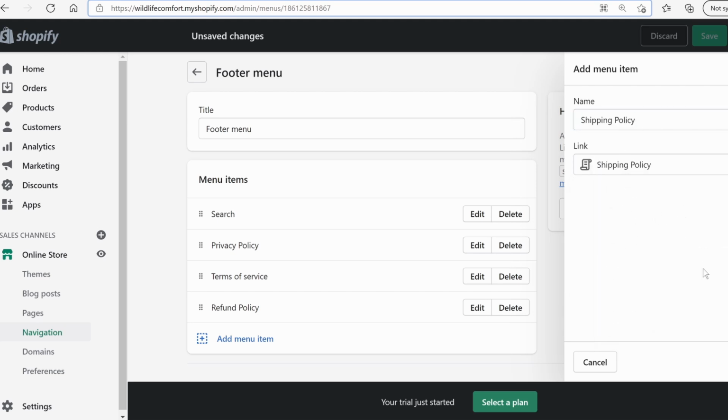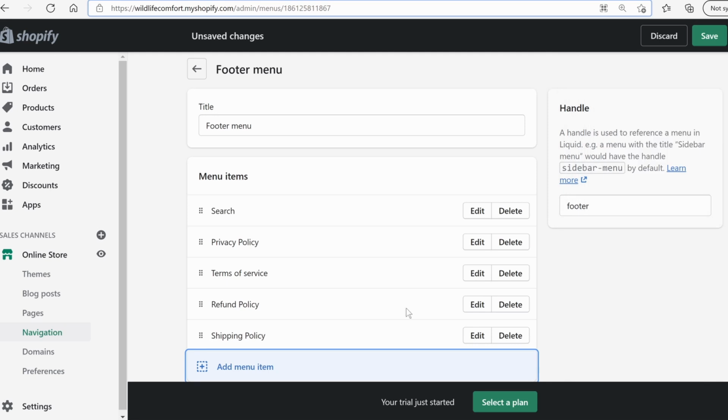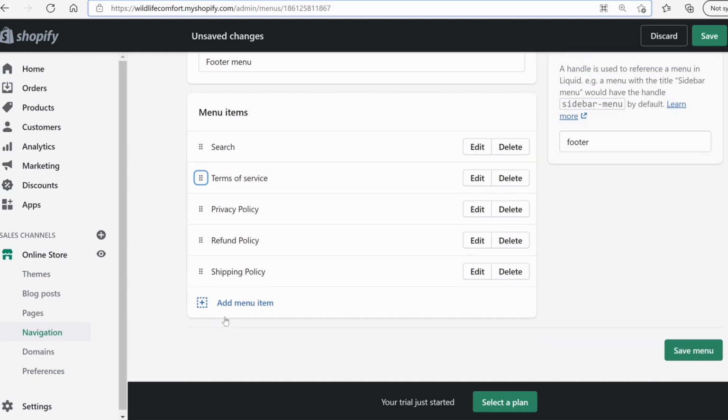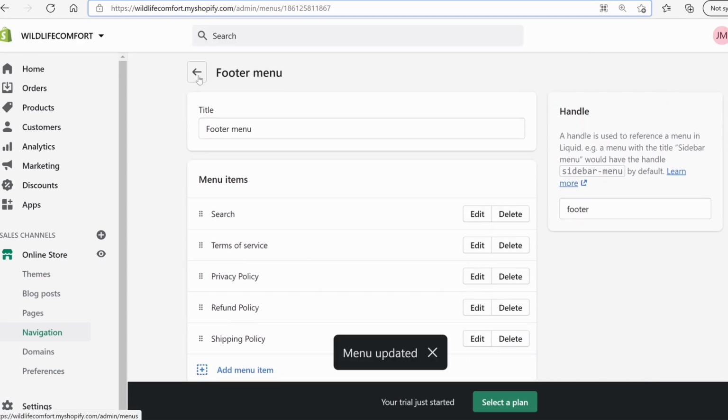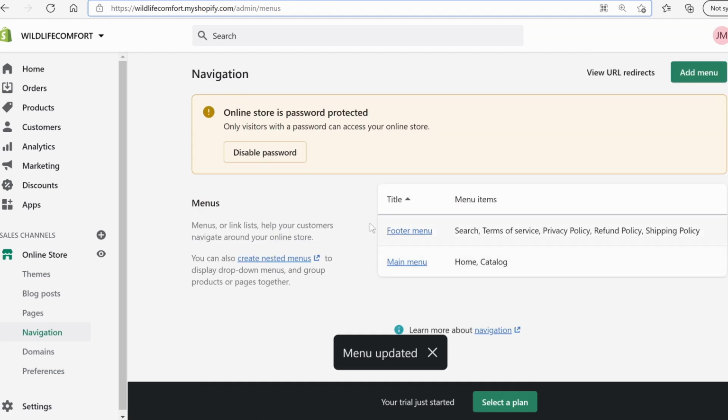So shipping policy, and just click add. So here we have the terms of service, the privacy policy, the refund policy, and the shipping policy. So that's it. Just click save. We can go back, and here we have to create an about us page before we can add this page